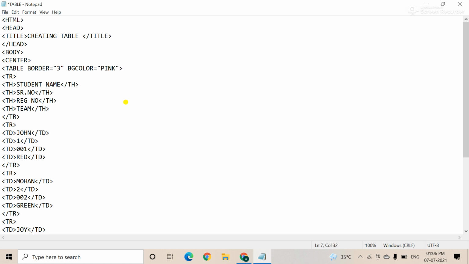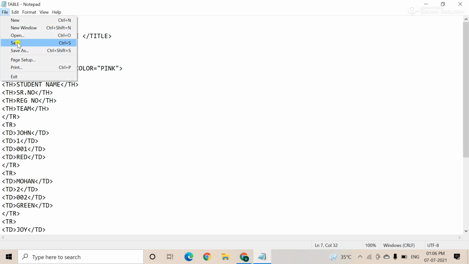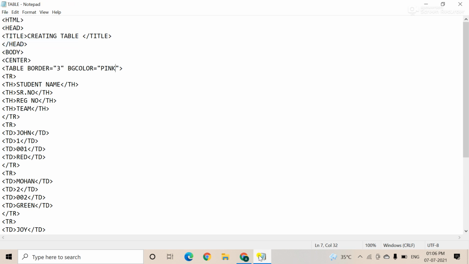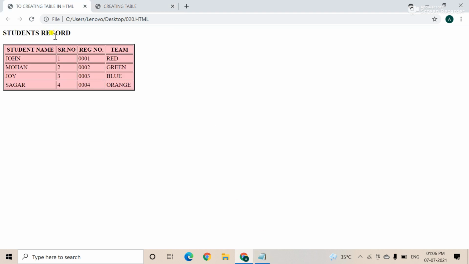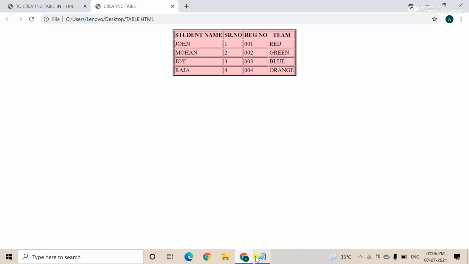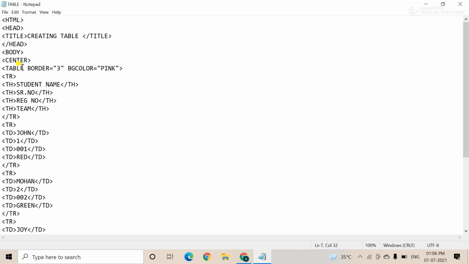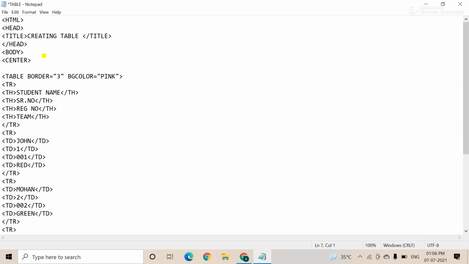Okay, so just save it, Ctrl+S, save it like this. Otherwise click on File and click on Save. Then you go to the new web page and see the background color. And if you want the previous one, you see here the student record is there, then you enter here student record. Okay, I'm entering inside the center tag, which is H3. Suppose the heading is 3.